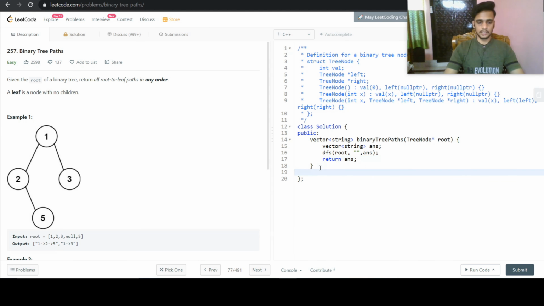So let us define the DFS function. Okay, so void DFS, first parameter is the root. Second parameter is string, which will be the current path, and the third parameter is the vector of strings.